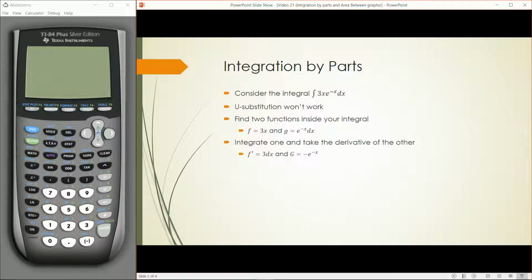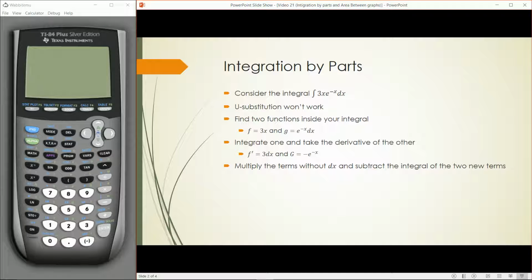So taking the derivative of f would give you f prime is 3 dx, and capital G equals negative e to the negative x. All right. So you notice that I took the antiderivative of one and the regular derivative of the other. Hence why you need to make sure you include the dx and differentiate which one you want. Now, once you have this together,